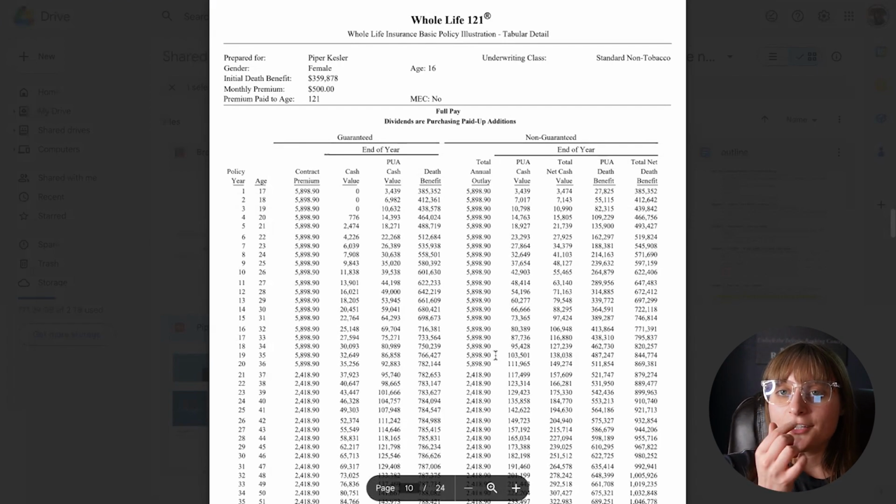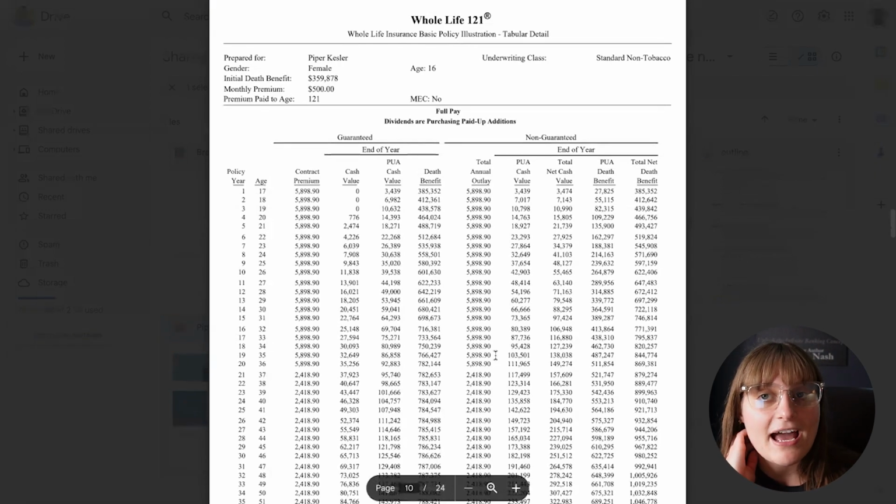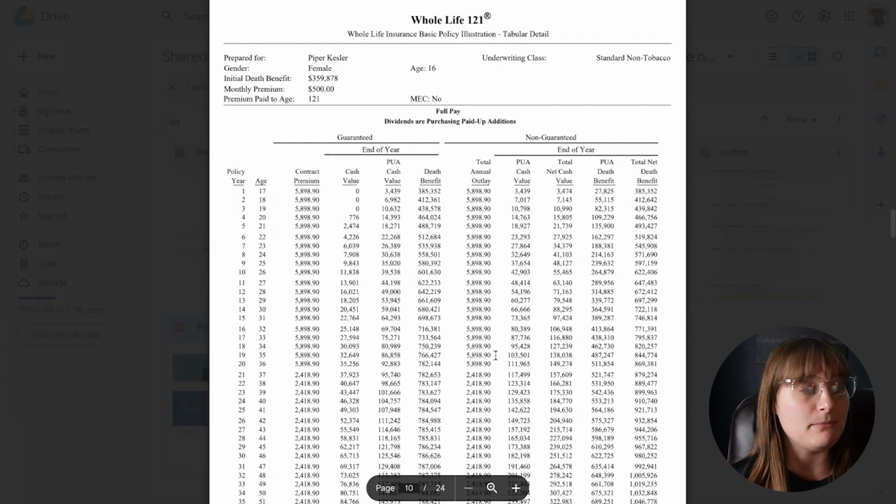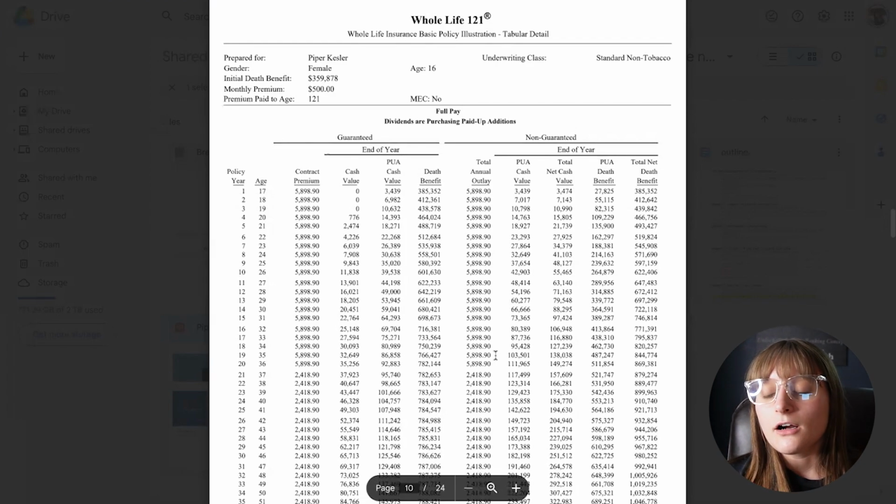So here's how I designed her policy, because she's kind of in the same boat as Monroe, but she has maybe more of a need for some cash value in the policy. You know, maybe she wants to go to college. She's going to have to fund those textbooks that she needs in school. She's going to need some money for her first apartment, maybe first down payment on her house. So Piper is going to need more of that immediate cash value compared to Monroe.